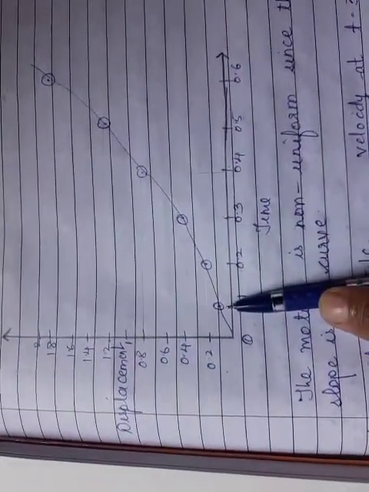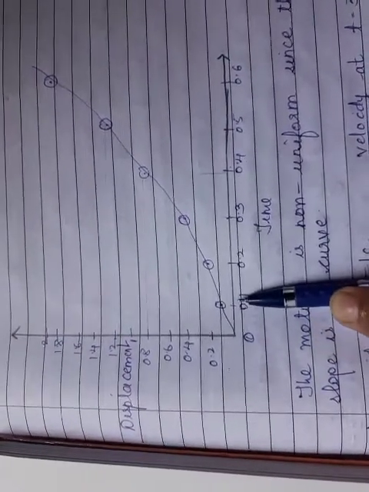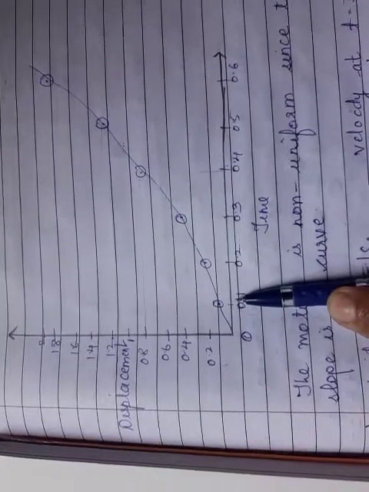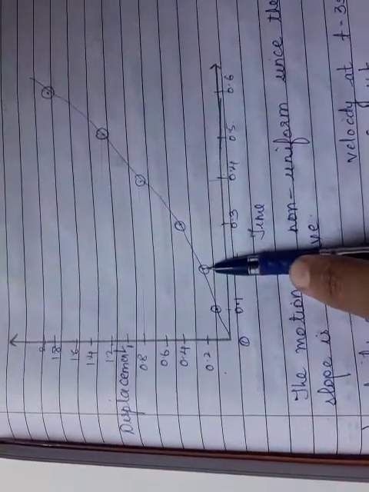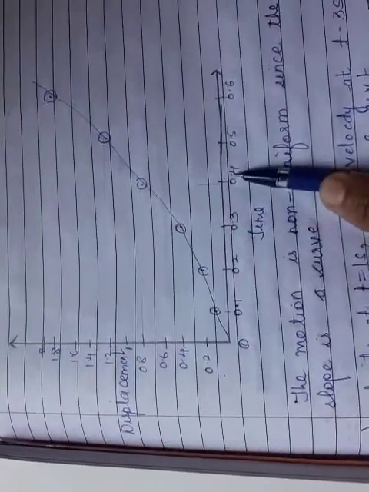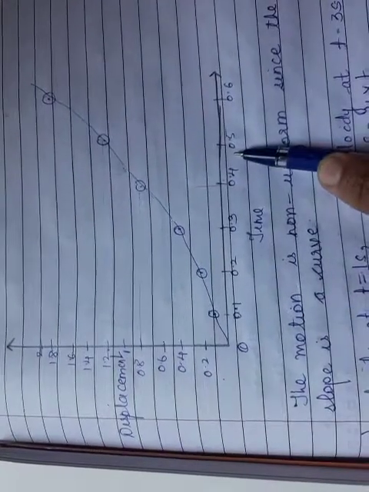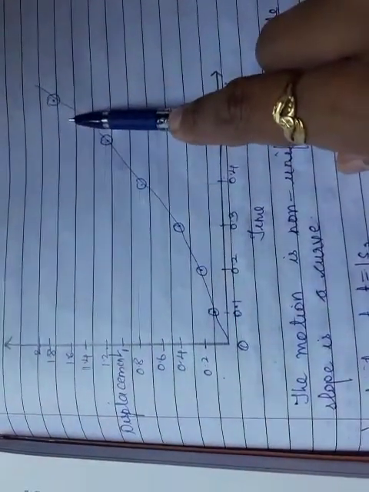First point was 0.05 and 0.1, so just in between, somewhere over here between 0.2 and 0.1, you have to plot it on the graph so that you can plot it very nicely and precisely. Then 0.2, I have taken it as 0.2. 0.3 it was 0.45, 0.4 it was 0.8, 0.5 it was 1.25, and 0.6 it was 1.80. So here I have plotted the points.